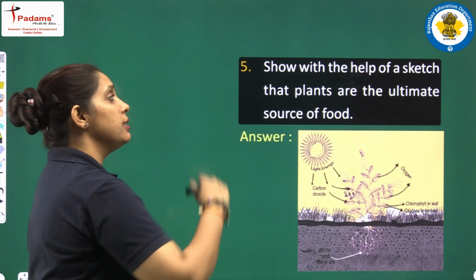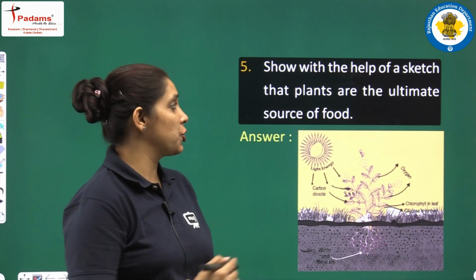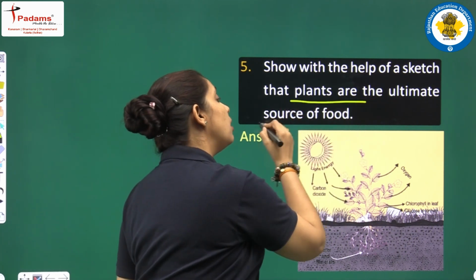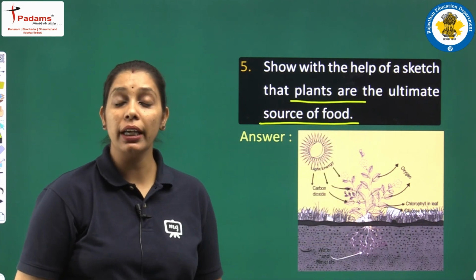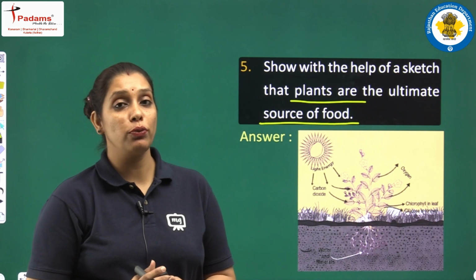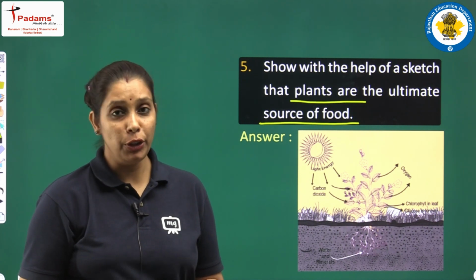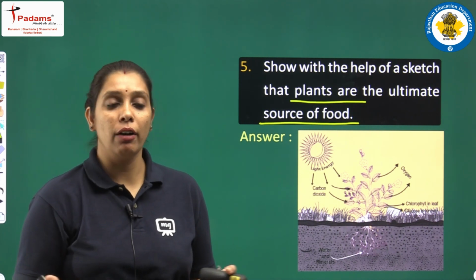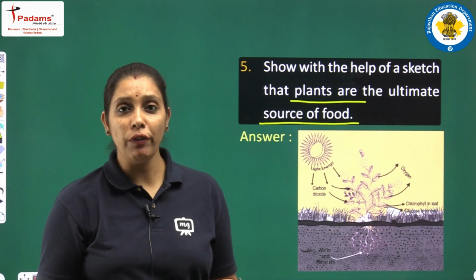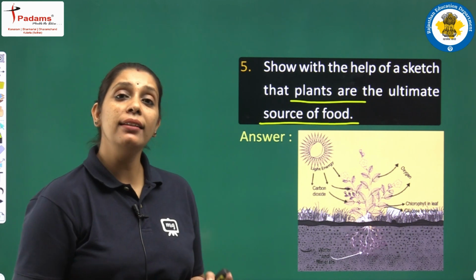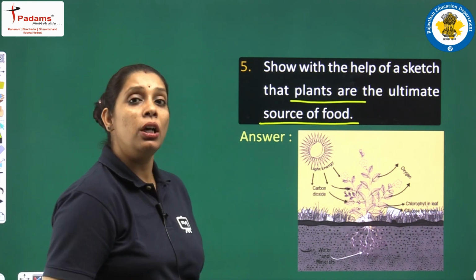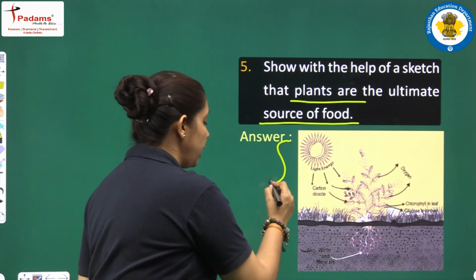Our next question is, show with the help of a sketch that plants are the ultimate source of food. हमें ये show करना है कि plants ultimate source of food हैं, and it is true. We know without plants we can't imagine कि how we will get food, how other animals will get food. So in this diagram or sketch you have to show the diagram of